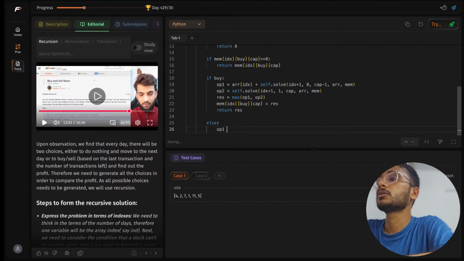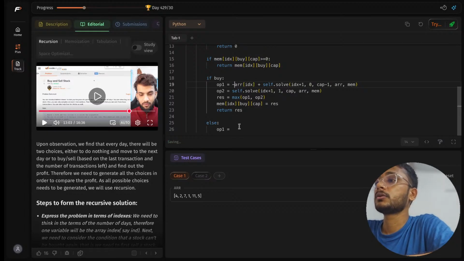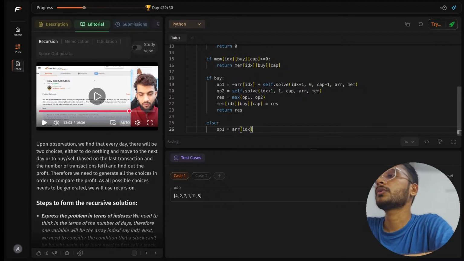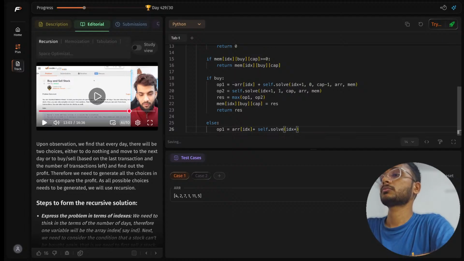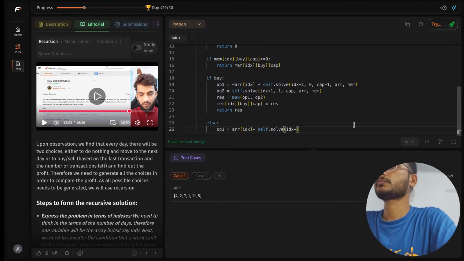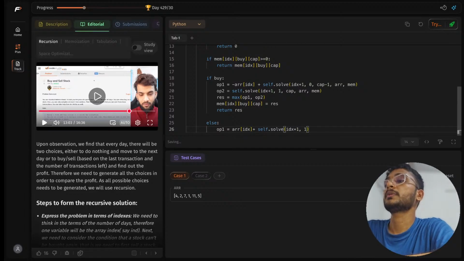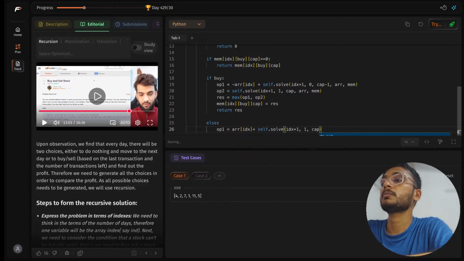So option 1 sell. So selling means, okay, sorry, my bad, here we need to take minus. I mean you are deducting, you are buying something, that means you are in debt. So ARR of IDX first thing, then self.solve one. That means you cannot sell, you can buy. Okay, so first thing if this is, and then index, capacity will become capacity -1,